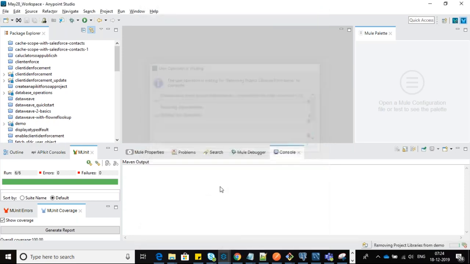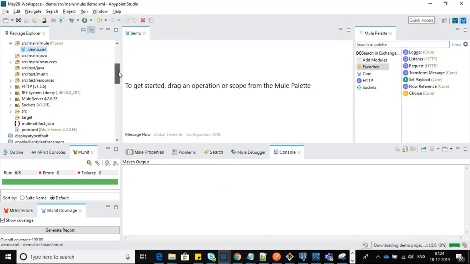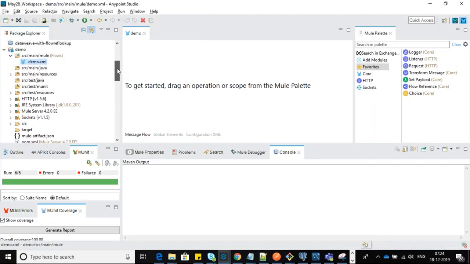The project gets created. It will take some time. You can see the structure of the project is automatically generated. We'll overview and explore that structure of the project also. You can see the project name is demo. Usually we follow small case, nobody keeps capital letters, guys. For the project name we follow small case, and we can add underscore and hyphen based on your project naming convention, as a best practice.